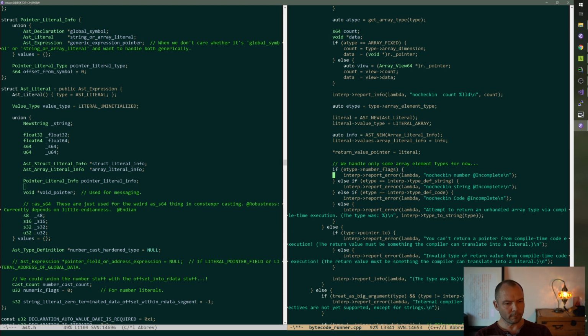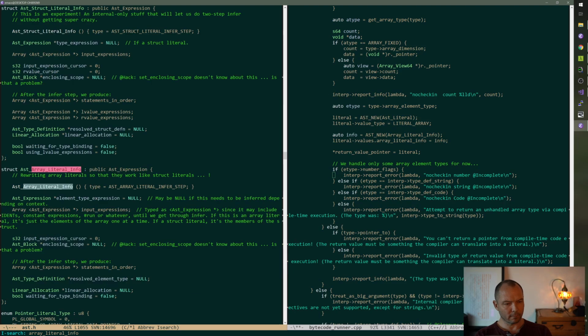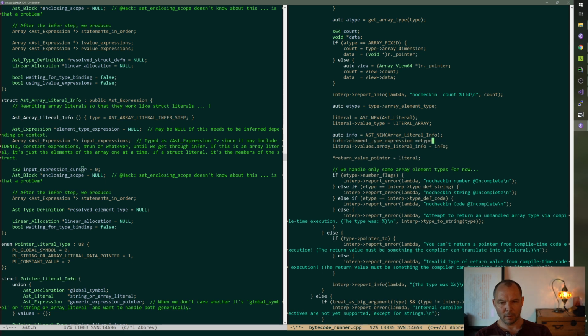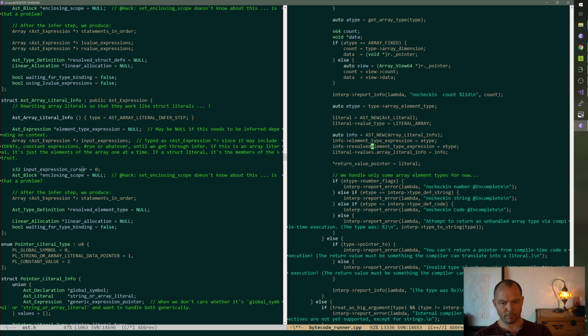So element type expression, I think we just try to set this equals e-type, and then input expressions, we're just going to resolve that for us.